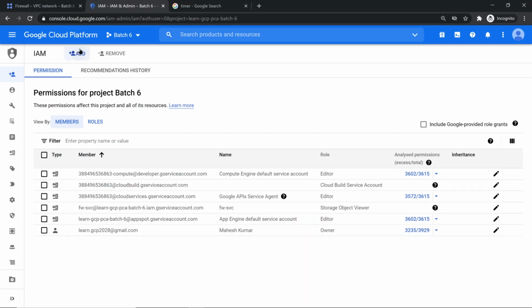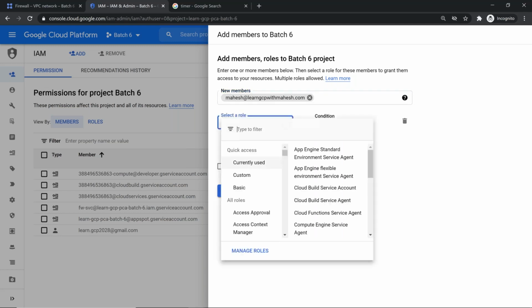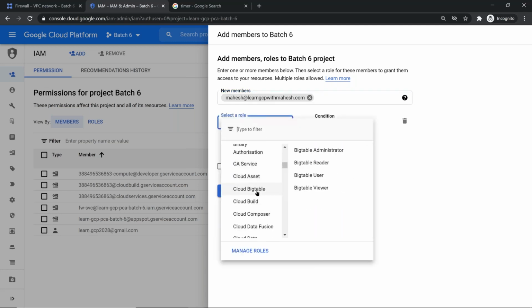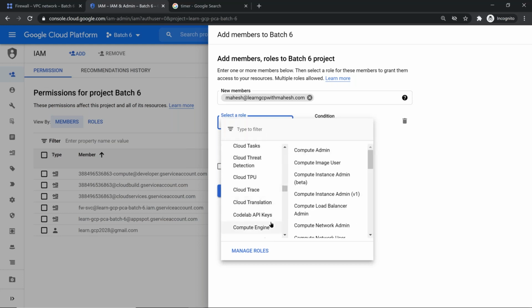I'm going to add Mahesh, and I'm going to give you the most basic version to create VMs. Nothing else, folks, nothing else. So I'm going to use, as per the document which we saw last week, compute instance admin role. So if I just go to compute this thing,